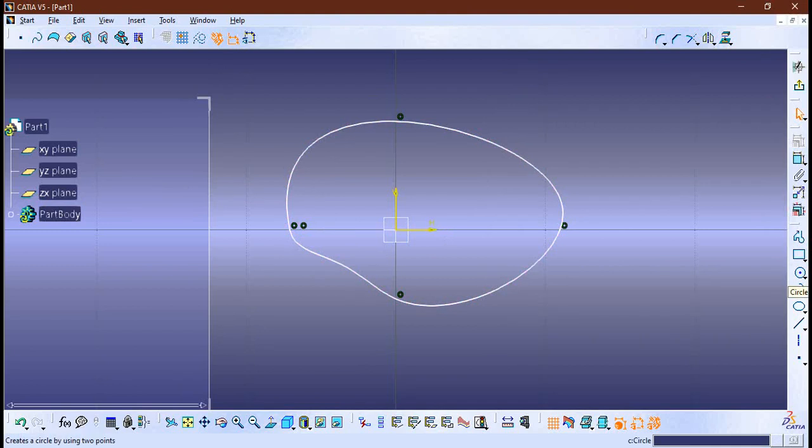and now I'm going to use a tool called circle. I'm just going to click it and I'm going to create a circle up here. Okay, now exit workbench,